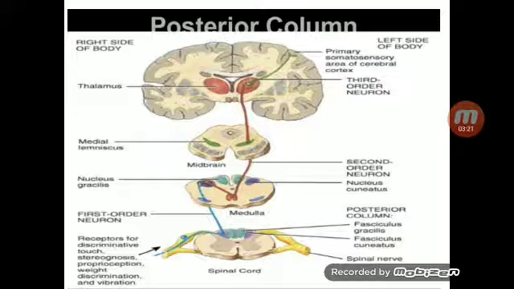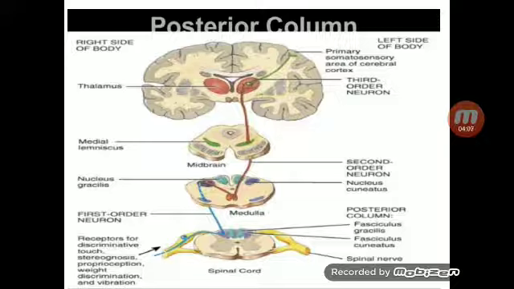From here, these fibers funnel in without synapsing into the dorsal white columns, like fasciculus gracilis and fasciculus cuneatus. Here it is fasciculus cuneatus. Remember, fasciculus gracilis picks up information below the T6 level, that is legs and lower body, and fasciculus cuneatus picks up information above the T6 level, that is upper limbs and upper trunk. This somatotopic arrangement is such that the most medial is the lower limbs, that is sacral, then lumbar, then thoracic, then cervical.